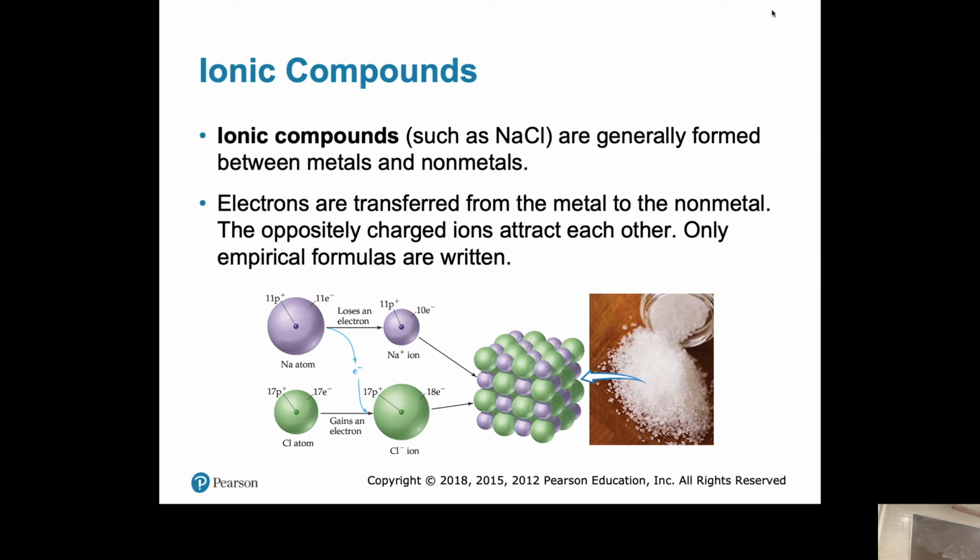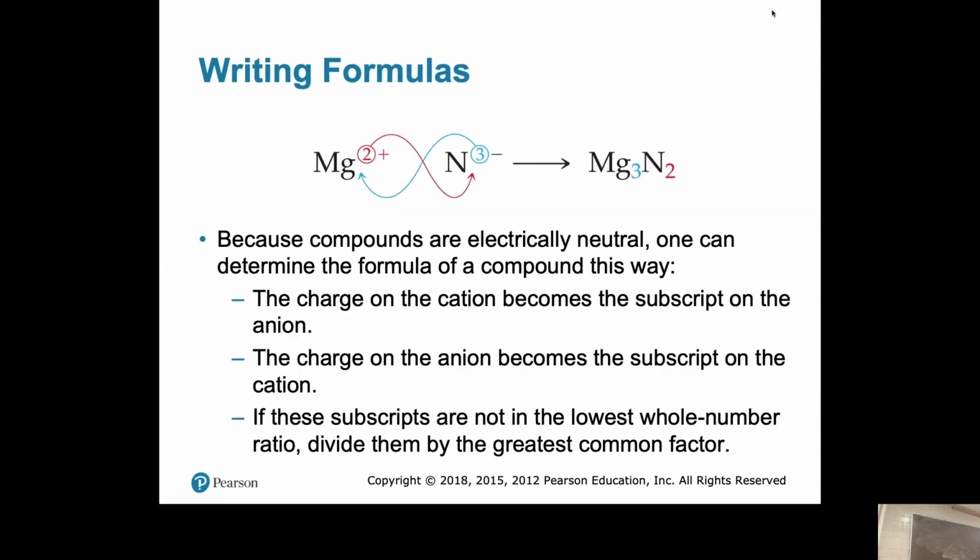Okay. So let's talk about how to name these now. So we talked about this a while back too. So say we take something like magnesium, which is in group 2, and since it's in group 2, it's got a positive 2 charge. And then we take something like nitrogen, which is in group 5. What is group 5's charge? -3, right? So how do we write a formula so that both magnesium and nitrogen can be together,